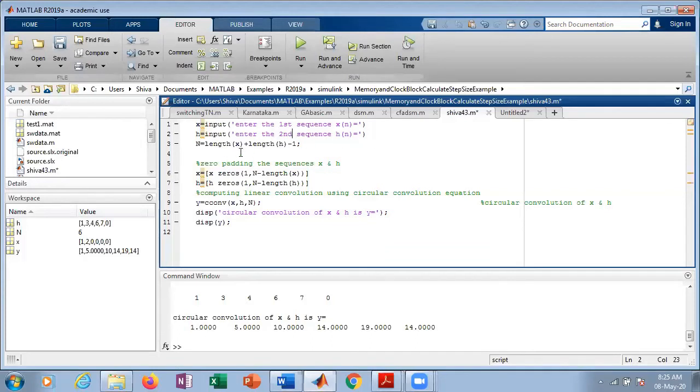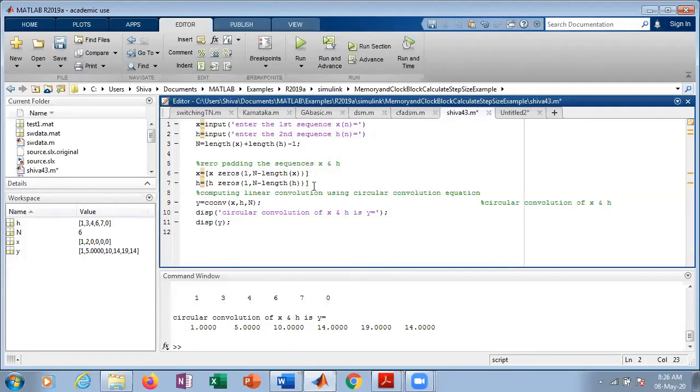Then the total length, which is the length of the first sequence plus the length of the second sequence minus 1. Then the zero padding has to be done for both sequences x and h, because my total length will be more. For that, x is equal to x padded with zeros, n minus length of x. Similarly, I'll pad zeros for the second sequence also.